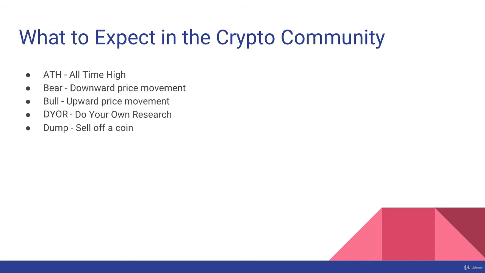So we've got the dump, which is a mass sell-off of a coin. Usually it reduces the price. It can reduce the price dramatically if everybody dumps the coin, sells off at the same time. We've got fiat, which I don't know whether that's an acronym or not, I don't think it is, but what it means, I mentioned it in an earlier lecture, maybe I should have explained it first. It just means traditional money such as US dollars, pounds or euros.